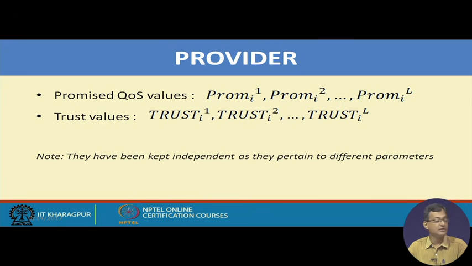So, there are different trust values and they have been kept independent as they pertain to different parameters, right. The trust values can be kept independent as there can be different types of parameters, like a particular promise 1 can have a trust value 1, promise 2 a trust value 2. And there are different mechanisms of trust calculation, several things for trust, competence and so on. It goes by history of those things, looking at the history and then calculating, or third party auditors or third party monitoring units which monitor those trust values, and there are mechanisms to calculate the trust.